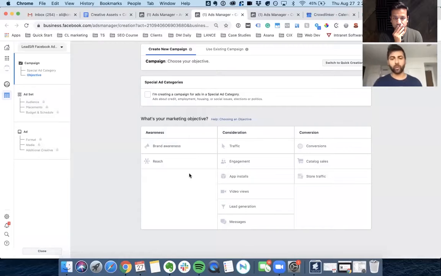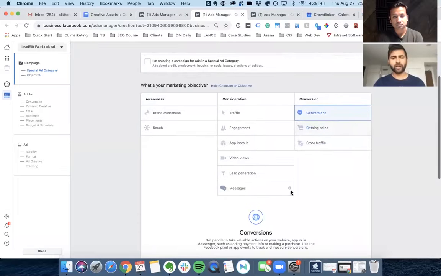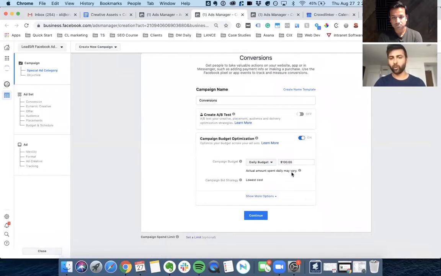Once again, what Crowdlinker did was we went with conversions. Conversions are just better, in my opinion. There are other people who would say otherwise, but I try to go with conversions as much as possible. Daily budget, again, this is your dollars. Whatever you think is good. Yeah, $30 is good. Essentially, we would want to let it run for like 3 to 5 days, and then we would get rid of anything that's not working, and then just reallocate the budget as needed.